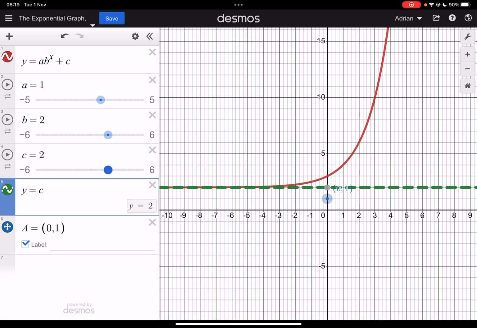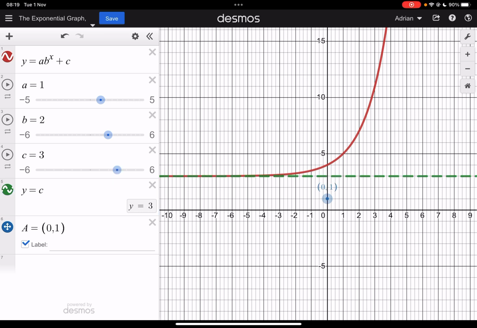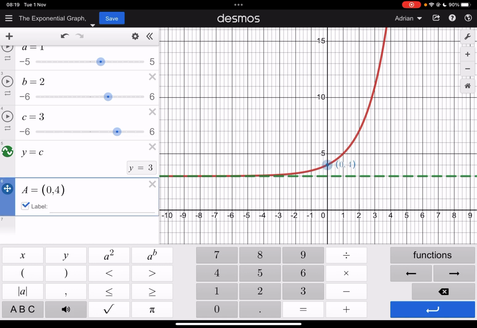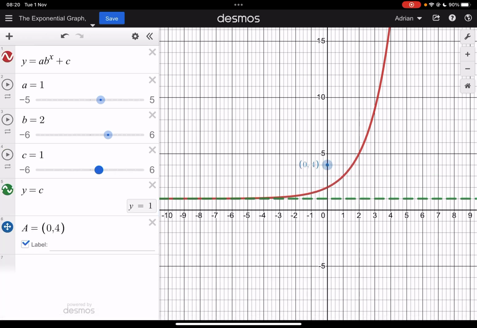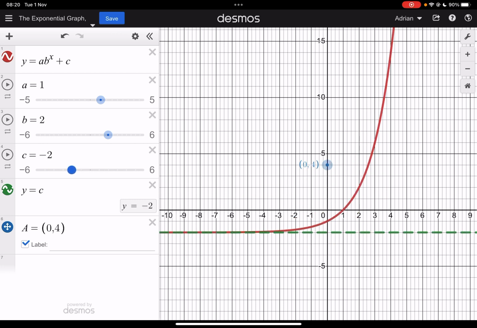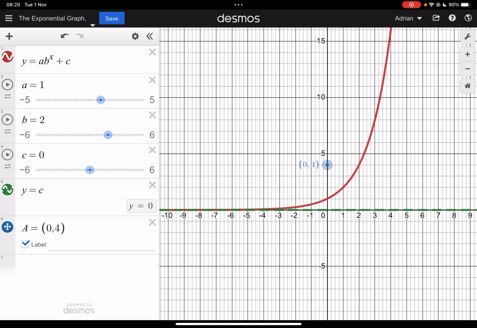So when I make c 2, the asymptote jumps up, and you can also see what's happening to my intercept. When 0 goes in, this now becomes 4 when c is 3, because I've got b to the power of 0, which is 1, and then I'm adding on the c value. So that c value is just a vertical translation, and it's just going to move it up and down. So let's move it back to 0,